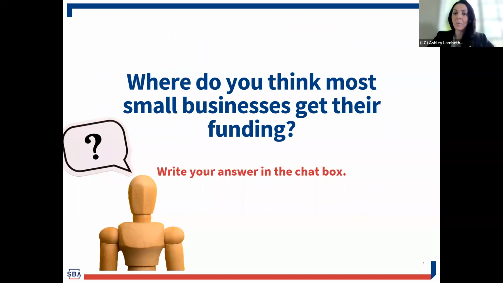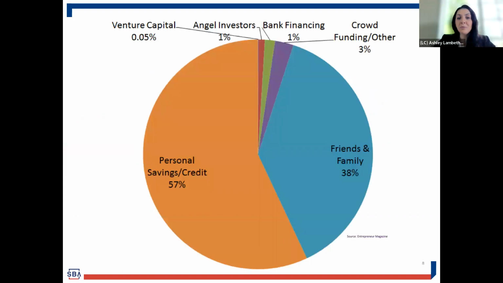So I know that we've got the dual sides going on here, but just kind of think about this on your own. Where do you think most small businesses get their funding from? So usually when I ask this question, people's assumption is that most small businesses get their funding from bank financing. As you can see, that's a very low percentage of where particularly startup businesses are going to get their financing. When we're talking about expansion, this chart here changes a bit, but when you're first starting your business, 57% of businesses start with